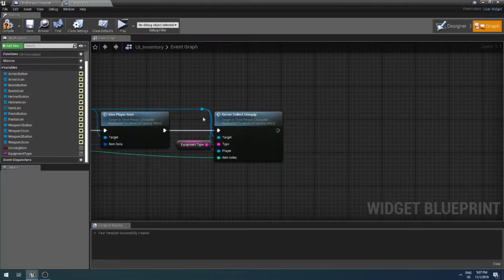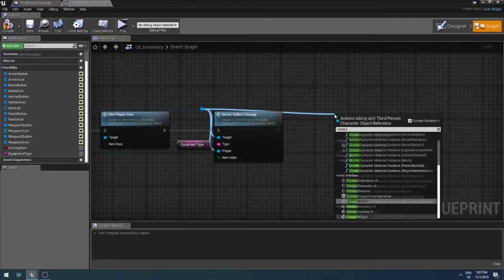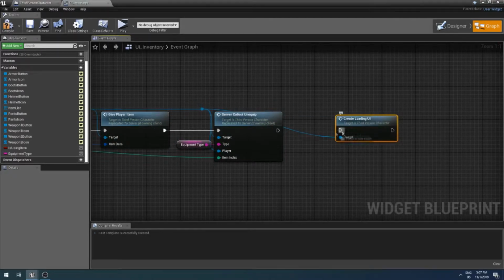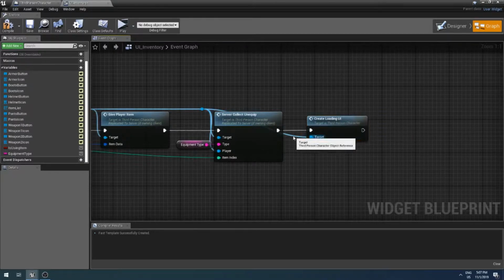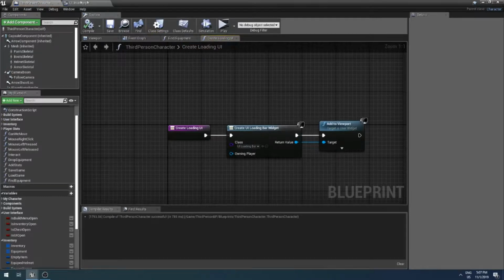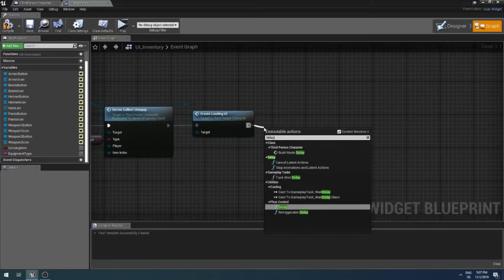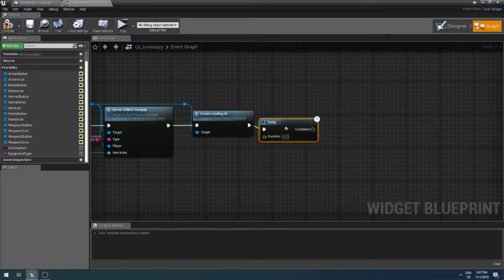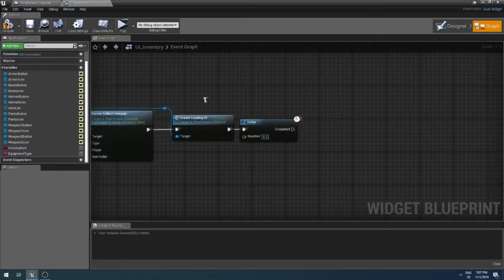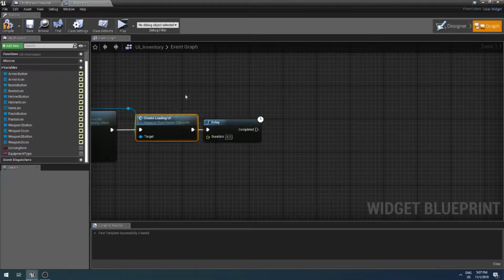In the chest videos I have created a create loading bar, which is basically just a regular widget with a progress bar which fills up over time, and this is how I display it. As simple as it gets. And from here we are going to do a delay. You don't necessarily need to create a widget, I just do so that the player sees that he needs to